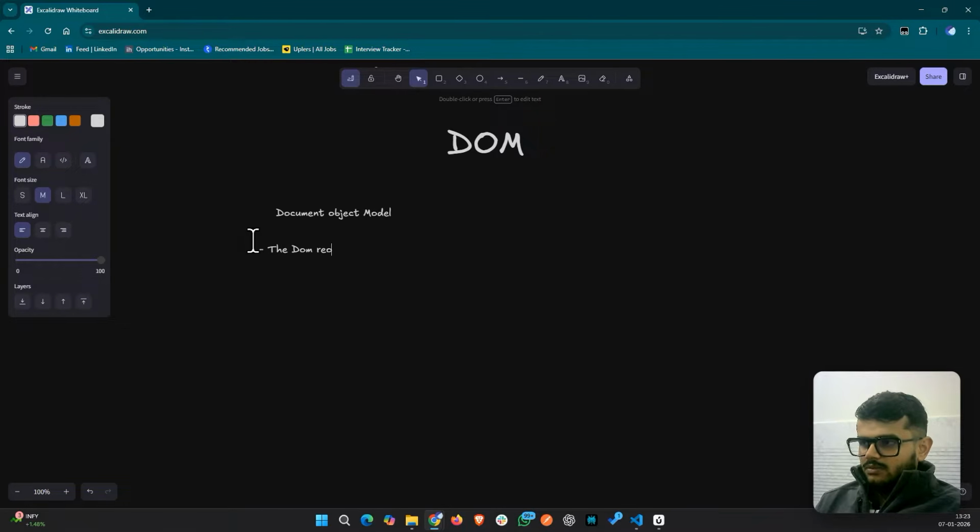So a DOM represents a web page as a structured tree of objects. And most importantly, your JavaScript can